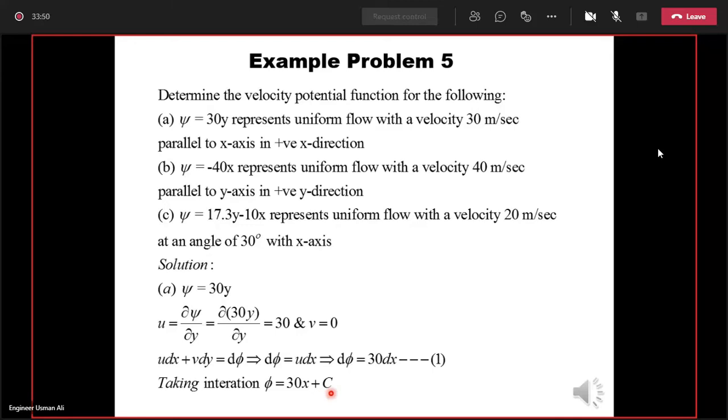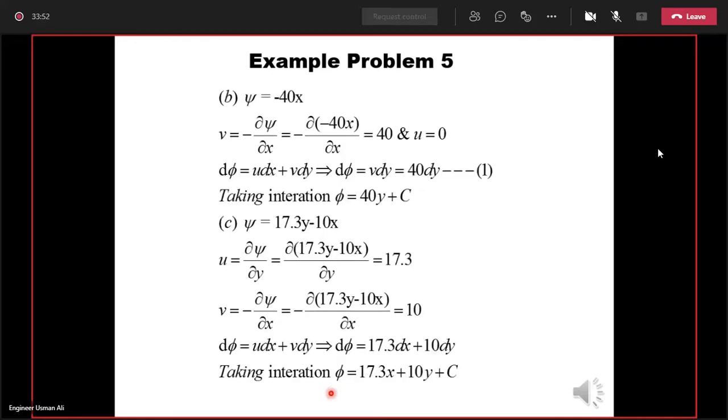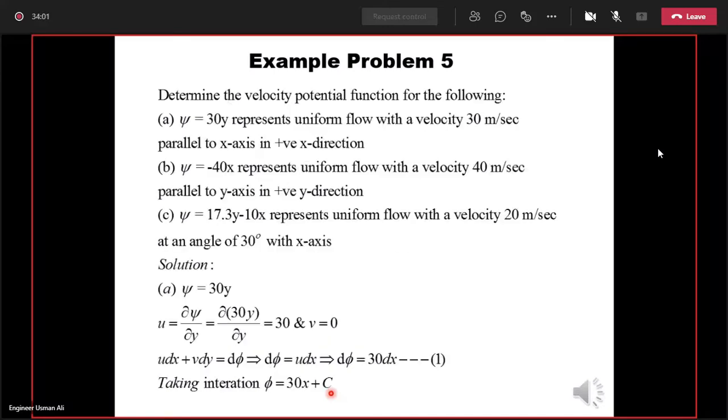So on the same lines, you can check the other flow fields given to you, and it can be the other way around as well. कि आपको हो सकता है phi दिया गया हो, जैसे इसमें phi 30y, and you are asked to find the expression for the psi. That you have to do yourself at your places. तो psi की बजाय अगर phi को ले लें और psi की इक्वेशन निकाल लें, तो आपने अपने तौर पे करनी है, just to practice.